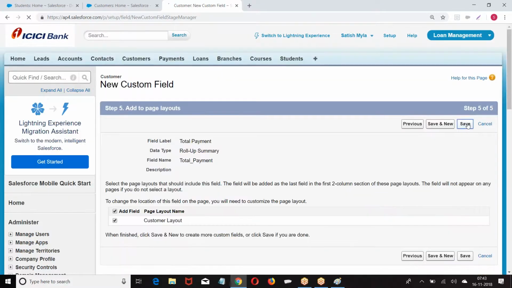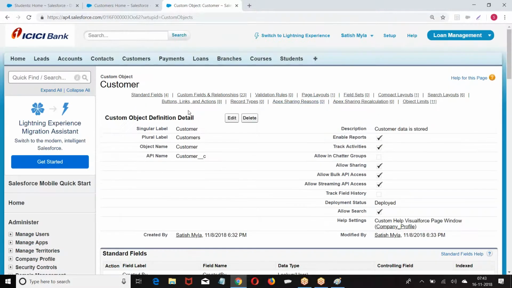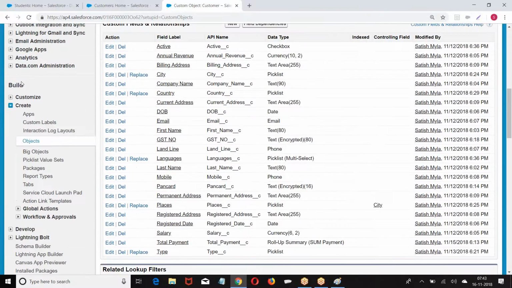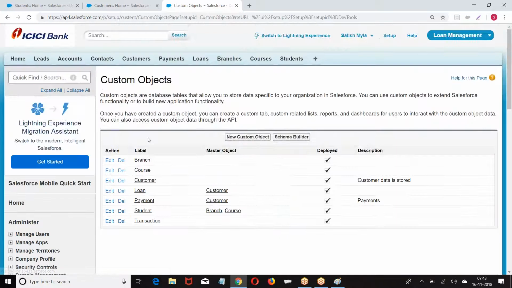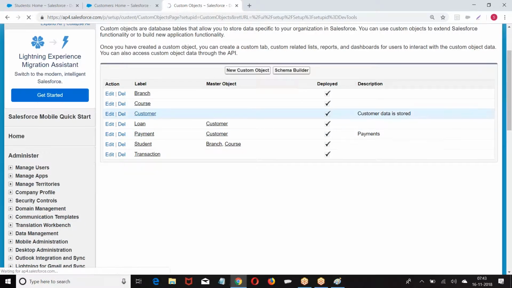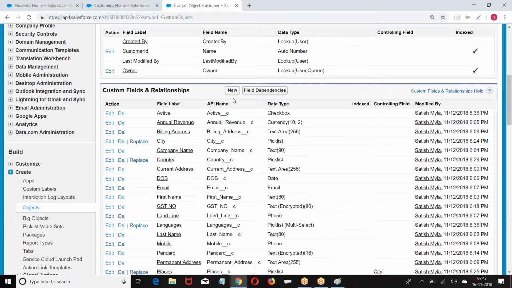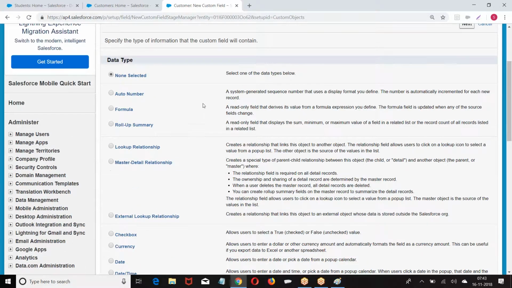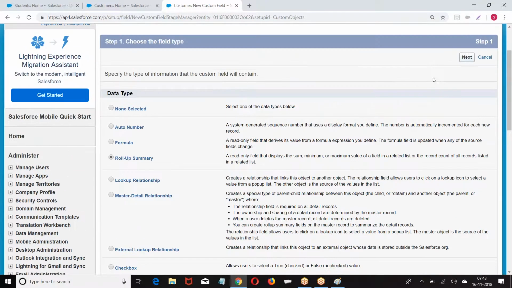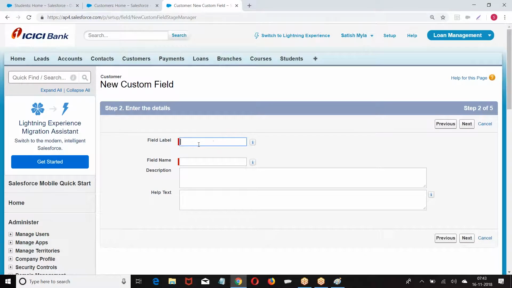Next. Then again, go back. Setup, build, create, object, customer, roll up summary. Online amount.